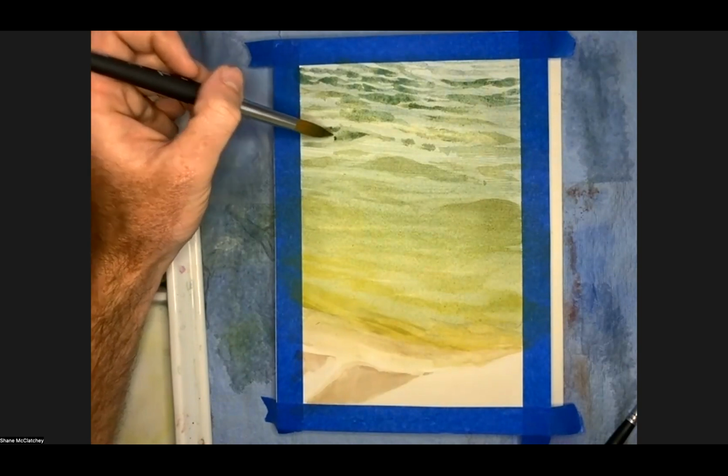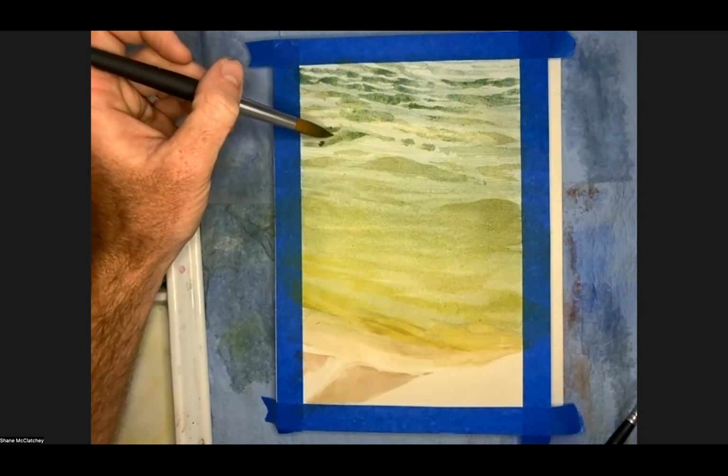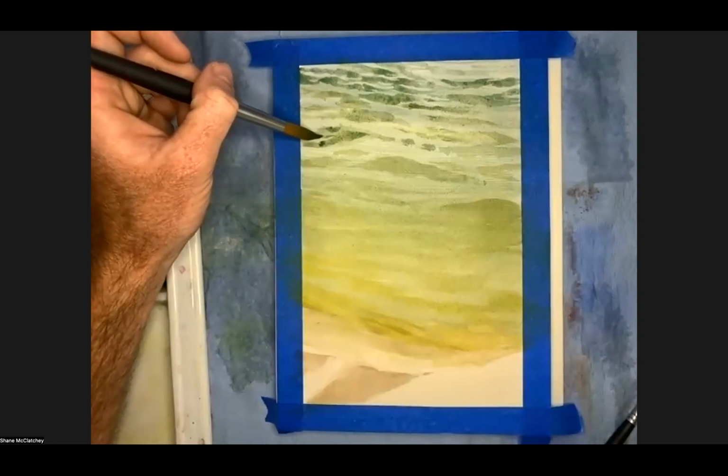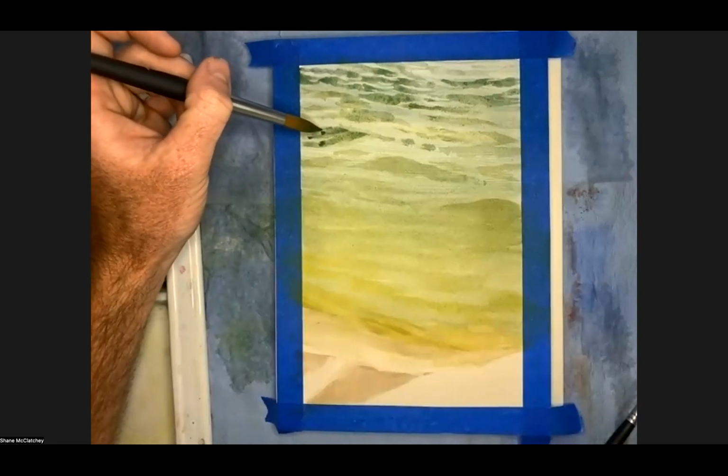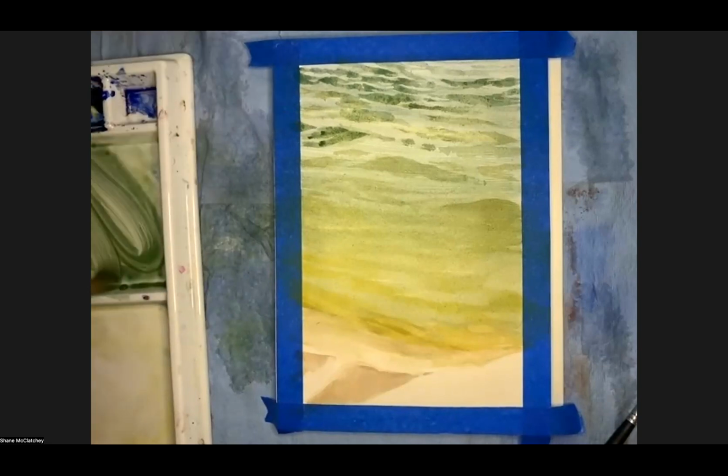So I don't knit, but I'd like to. I think knitting's really cool. I think this painting feels like we're knitting, just one little brush stroke at a time. Paying attention, but also just kind of